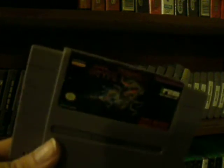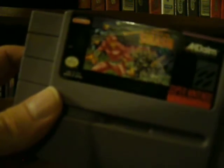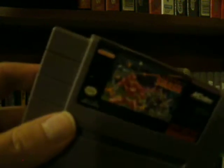My only shmup for the system, Super R-Type. Probably not the greatest installment of R-Type to have, but you take what you can get sometimes. And the final one on the Super Nintendo side, Super Smash TV. Doesn't play as well as it could on the Super Nintendo controller, given that it's a two-stick game, but it's nice, I can load that up really quick compared to the other copy I've got. Now on to the